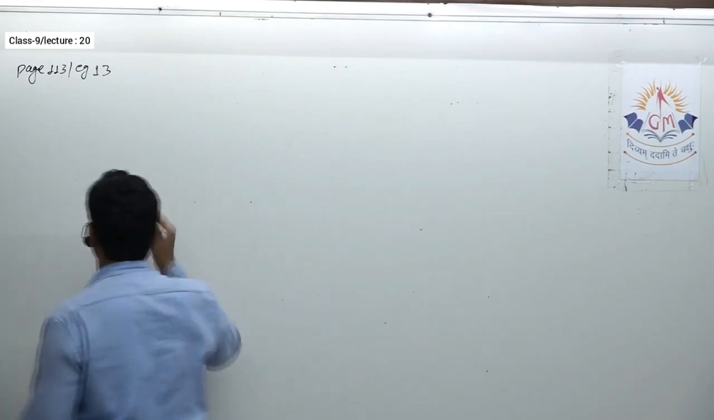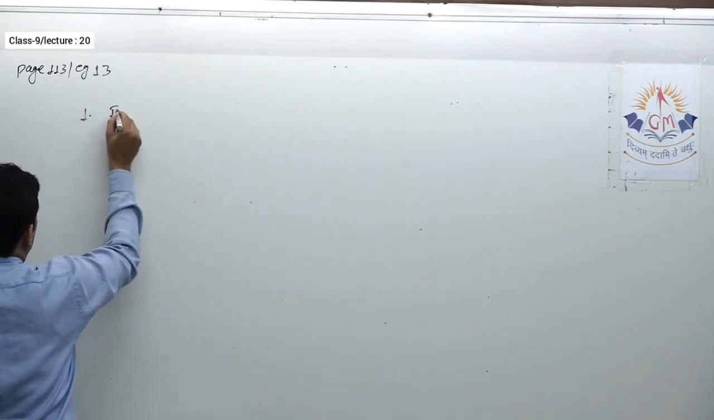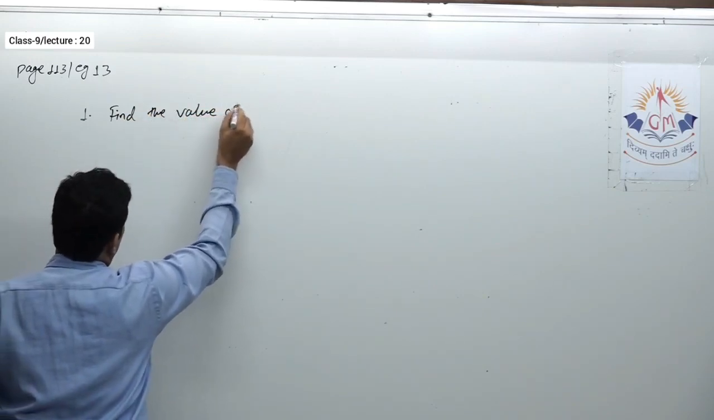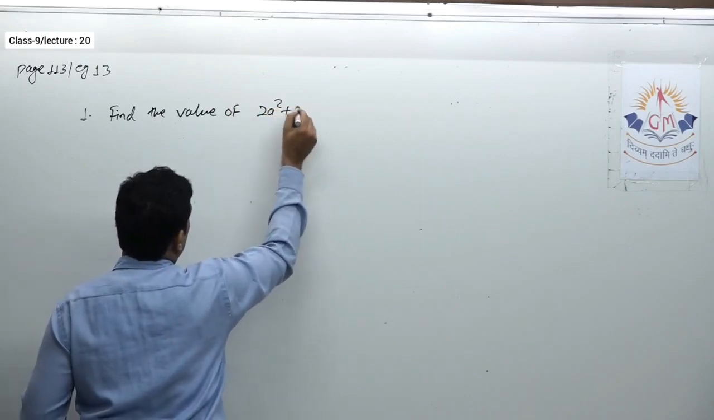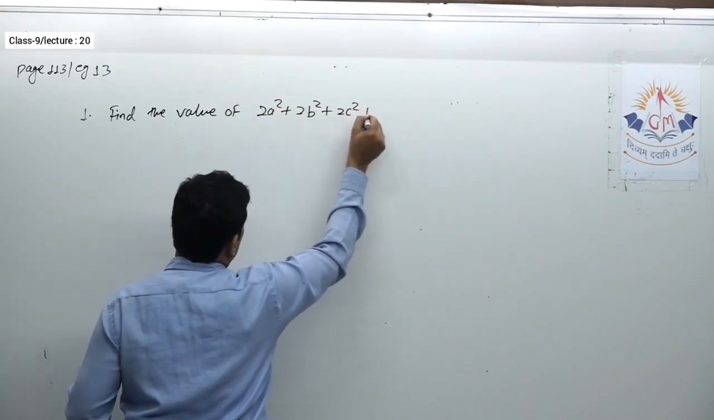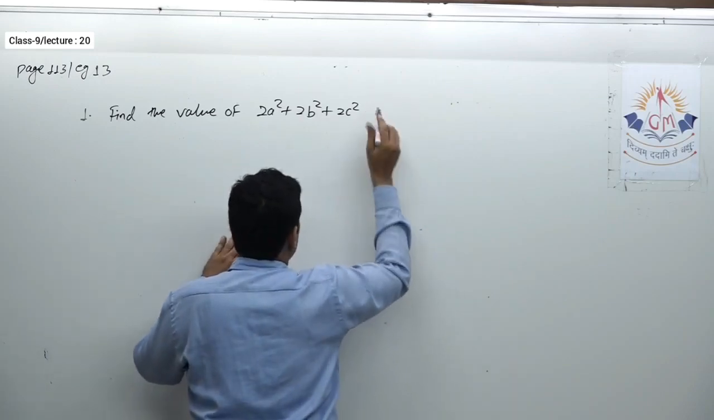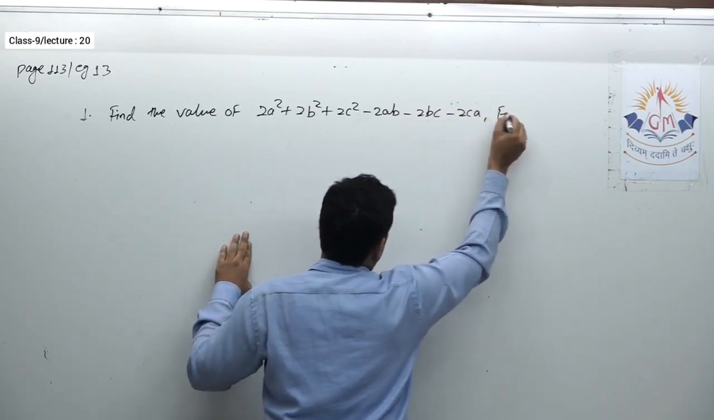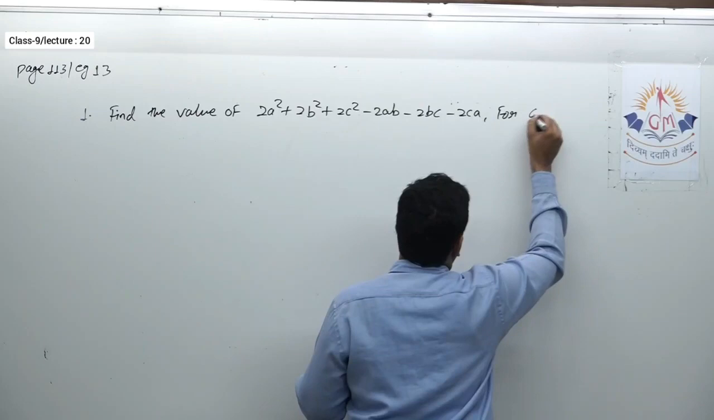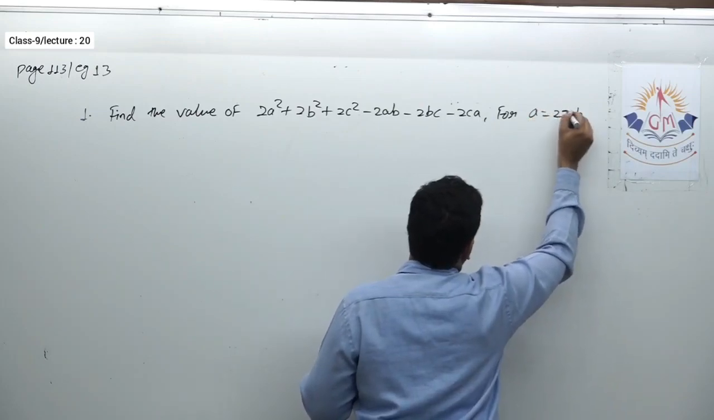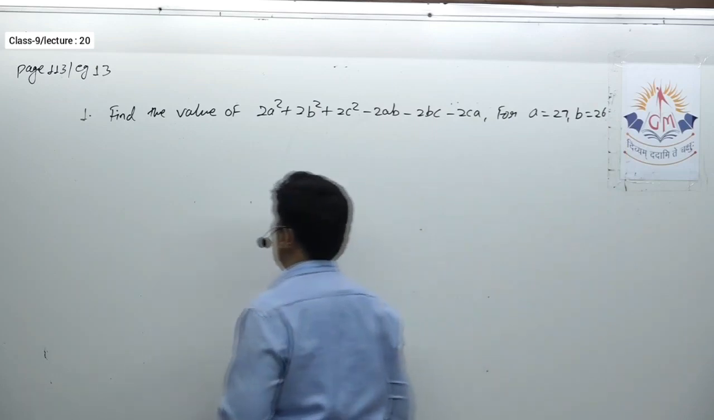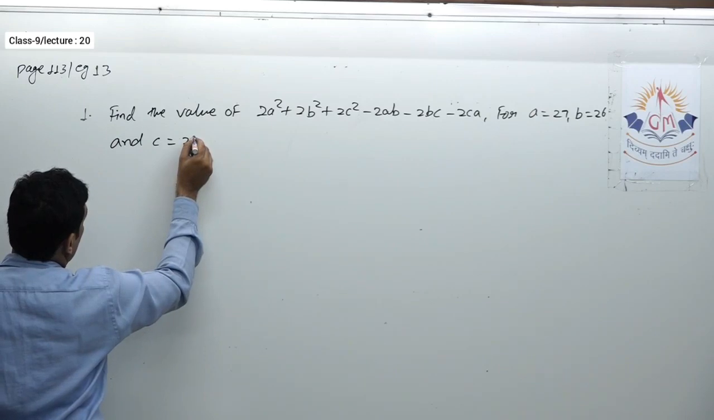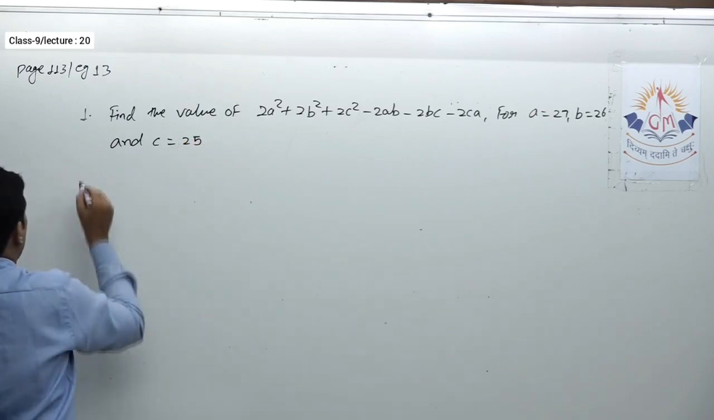Okay, so first question: find the value of 2a square plus 2b square plus 2c square minus 2ab minus 2bc minus 2ca for a equal to 27, b equal to 26 and c is equal to 24 or 25. Okay, second question,